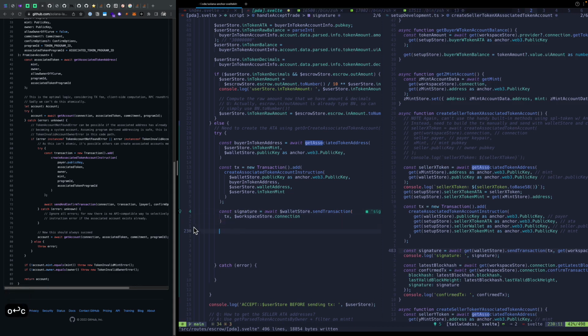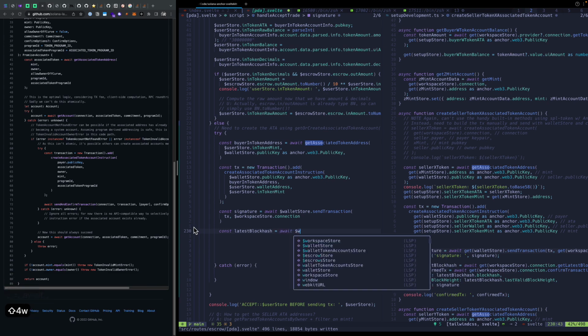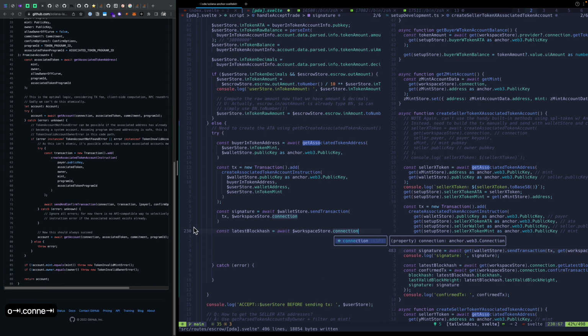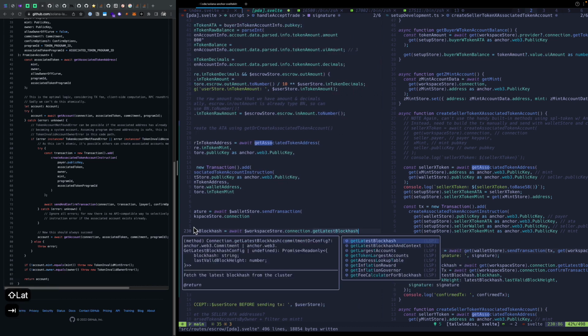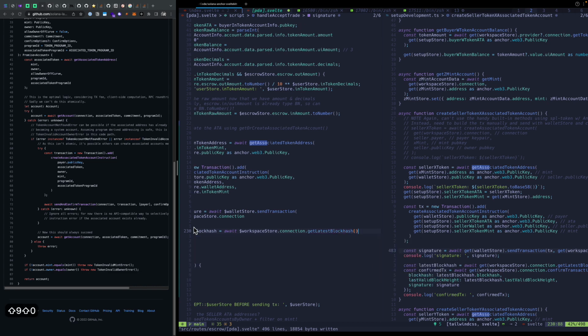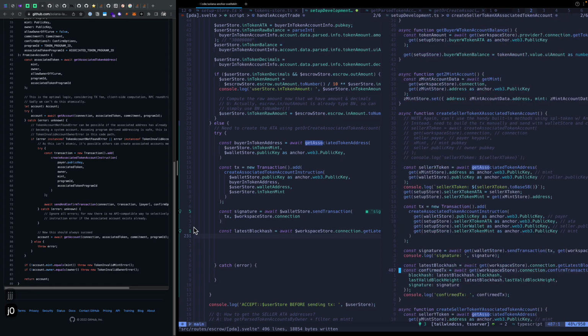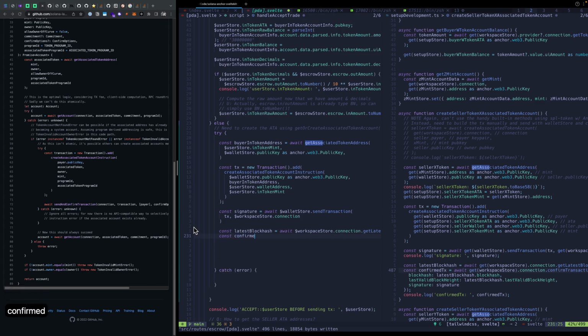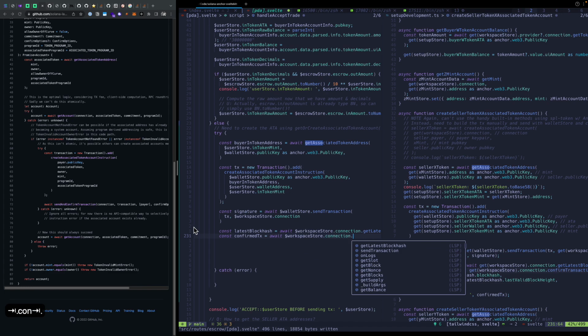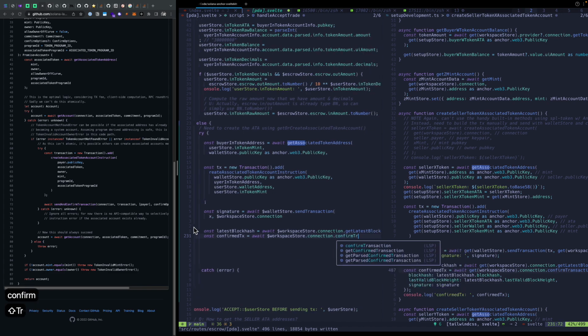And then latest block hash. So this will go through the whole bit. So using the workspace, using the connection, has the get latest block hash. And then there's the confirmed transaction. That's using the same thing. The workspace connection has a confirm transaction,